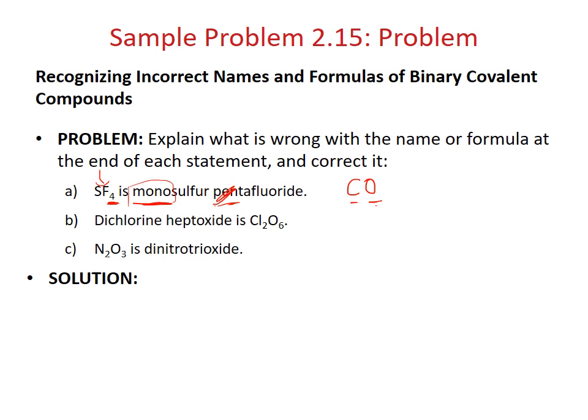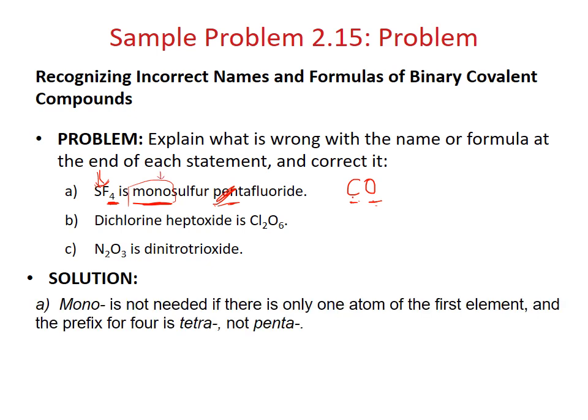Okay, you don't say monocarbon oxide. You only say carbon monoxide. The first atom, you don't use mono. Okay, so you have two mistakes in the first one. Next one,